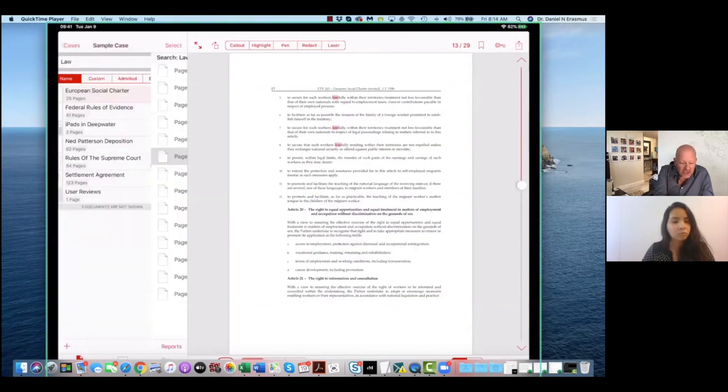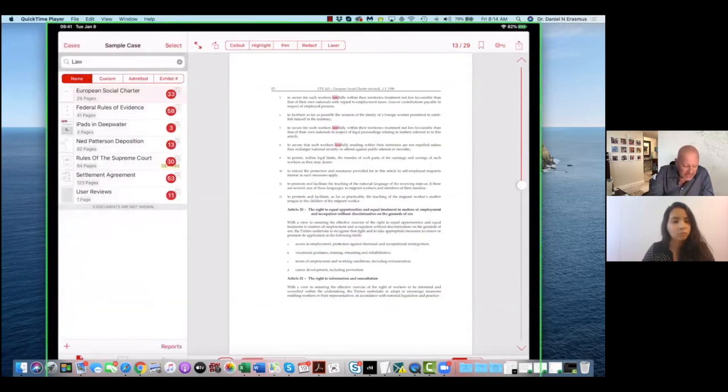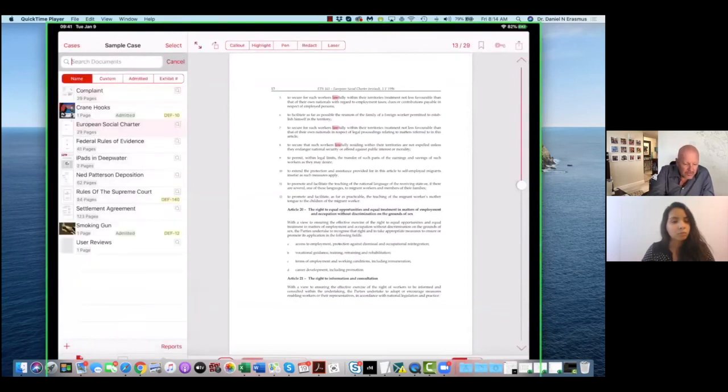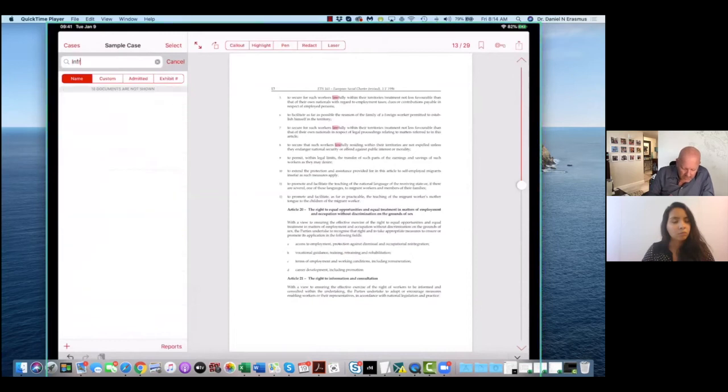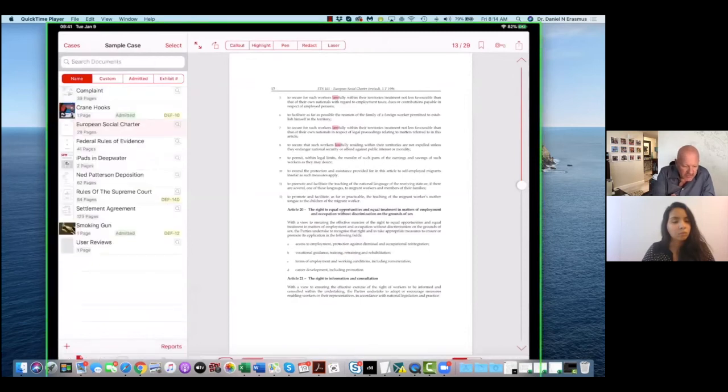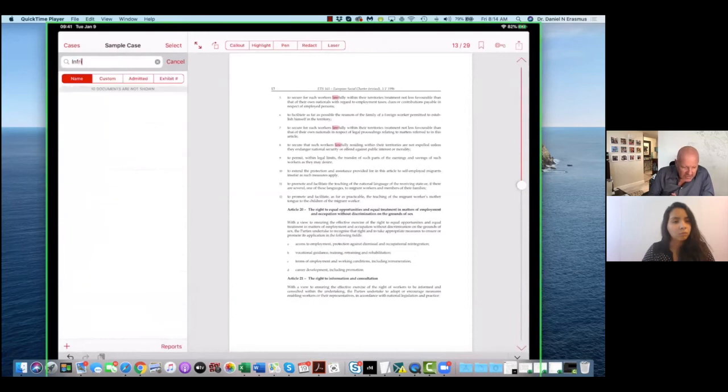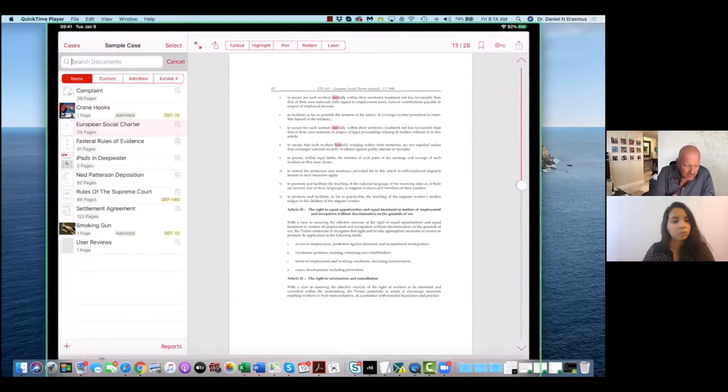So you can imagine if you've got a case that's running into thousands of pages, and you want to look for something, you can put in, say, this is about an infringement. So let's just cancel this. I'm just going to type infringe. It just makes it so easy to find references to specific items. Okay, so there it hasn't. Let's just try something else.